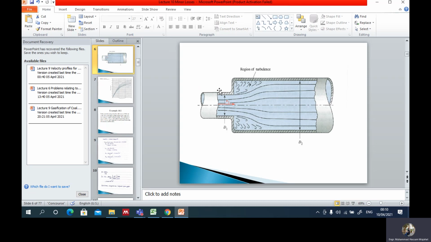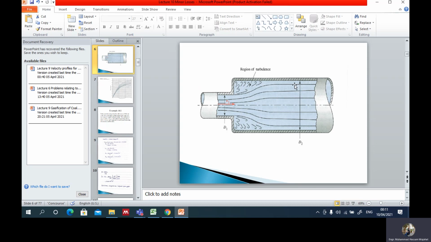Now, if we talk about diameter, we also know that area is related to the diameter. The greater the diameter, the greater the area. So the diameter of the first pipe is less compared to the diameter of the second pipe. I also mentioned to you that area is inversely proportional to the velocity, provided that the flow rate is the same. Yes, by the continuity principle, we will assume that the flow rate is the same. I showed you the continuity principle in lecture 6. Lecture 6 was on Bernoulli's equation, where we told you about the continuity principle.